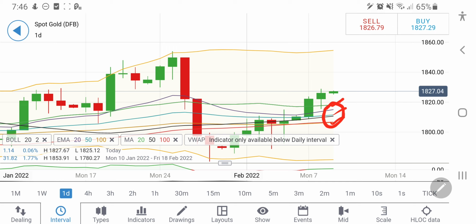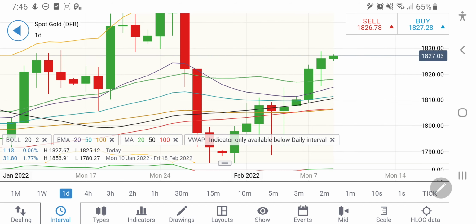How far it could go, let's have a look here on the daily charts. Now it is trying to take a support from the 50 moving average here at around 1810, and if you see, this 20 moving average must give it a support for the day at around 1818. Now if you see it breaking 1824, here you can go short and you can expect 1821 to provide a support, then 1818 to provide a support for the day. These two levels are important and I will recommend them.